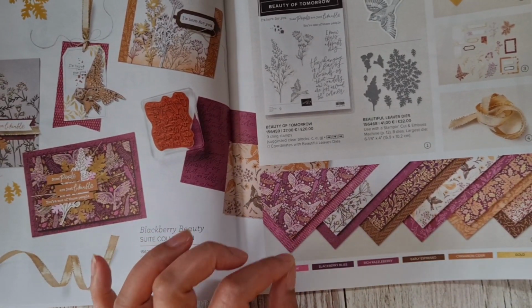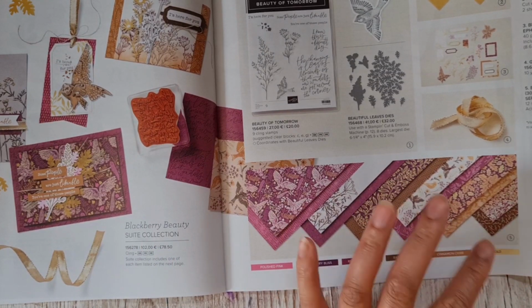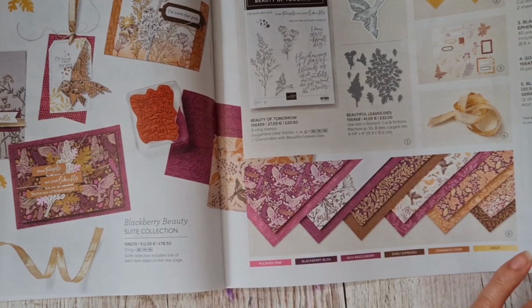They almost have a bit of a William Morris feel about them in the patterning. You know, I'm looking at this and it's reminding me of his wallpaper designs and things. Really beautiful suite. And then